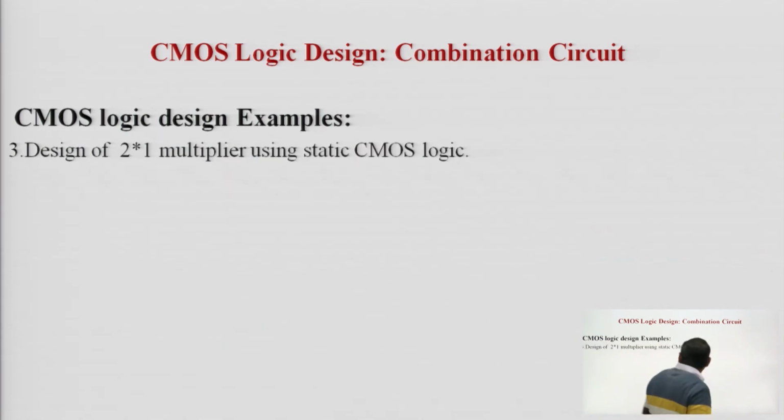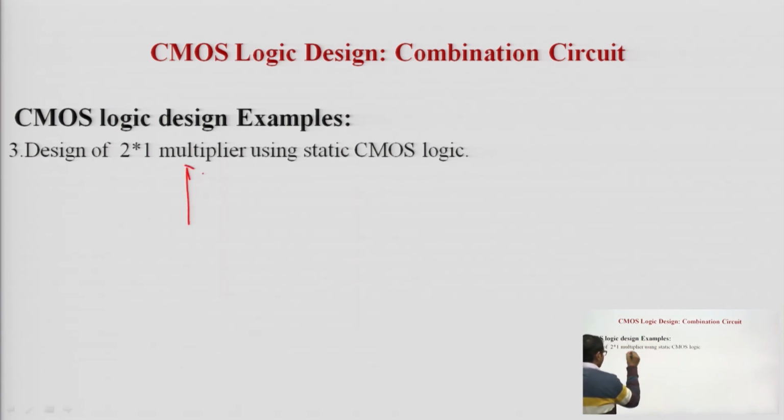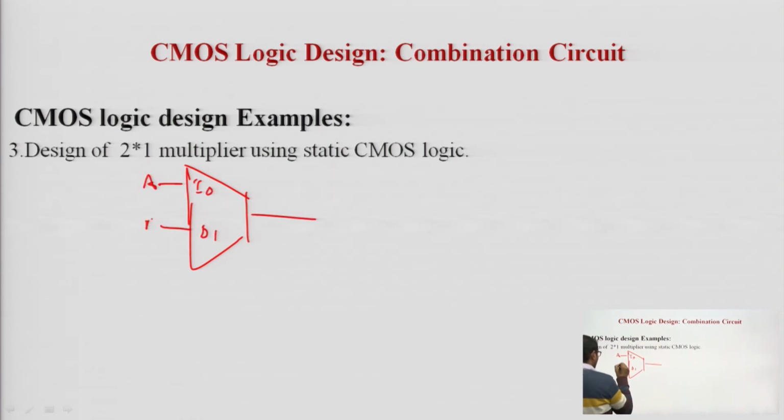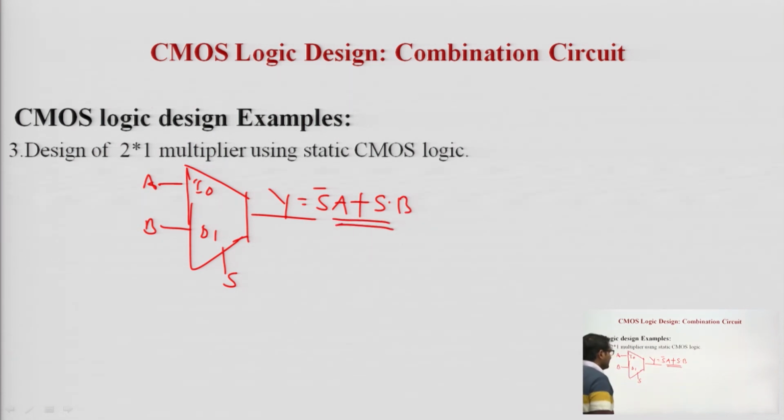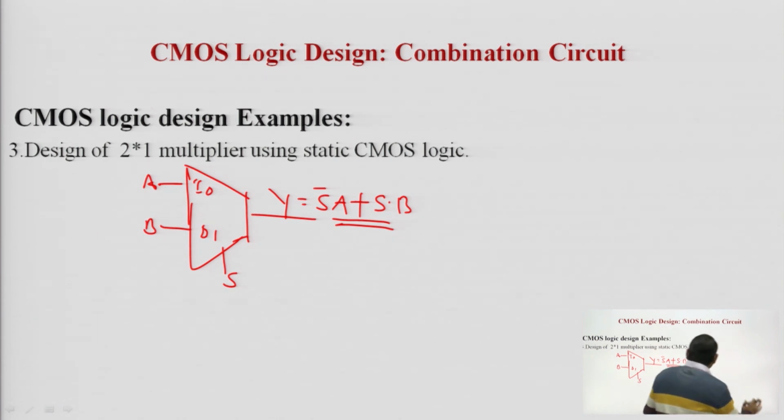Now next is the 2 cross 1 mux. The 2 cross 1 mux is simply I0, I1, A, B. This is the select line S, Y. So it comes S bar A plus S dot B. It is also a simple design with the CMOS logic design steps. Okay, and if we try to design this one,